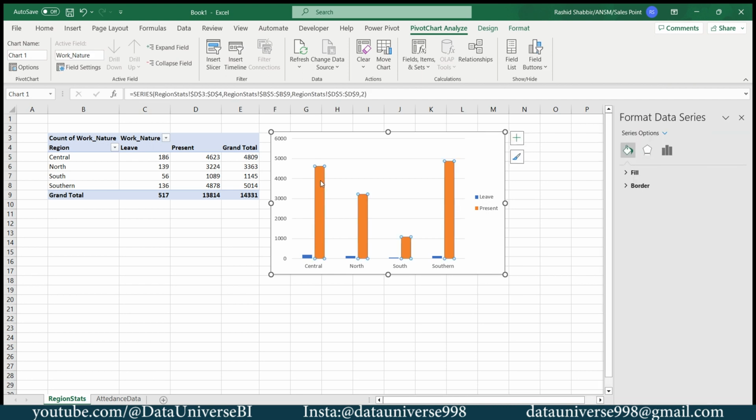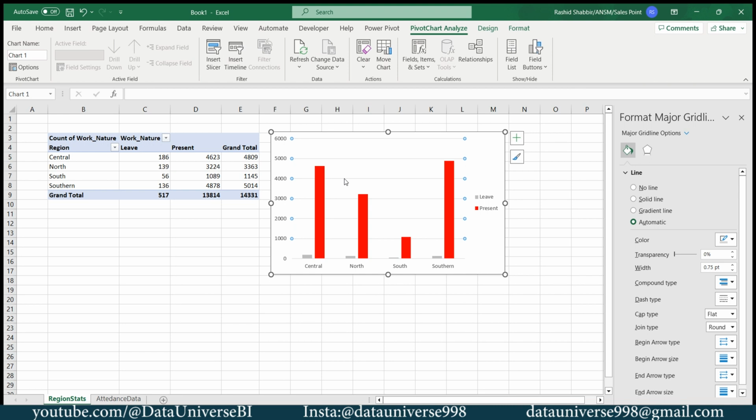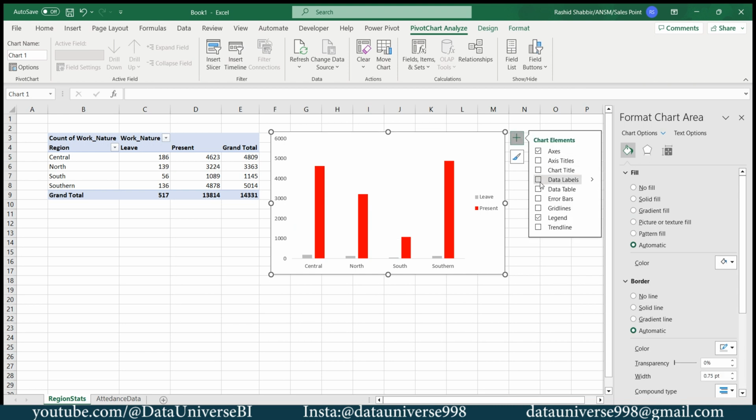I'm selecting this one. Going to fill, solid fill. Make this red. Again I'm selecting this one, solid fill. I'm going to select this color. Click on grid line, press delete from your keyboard. From here I will be selecting my